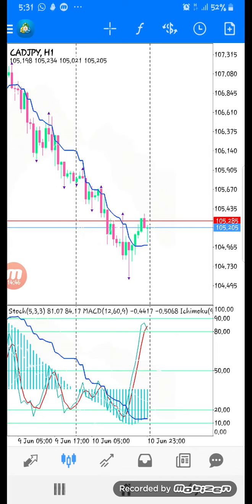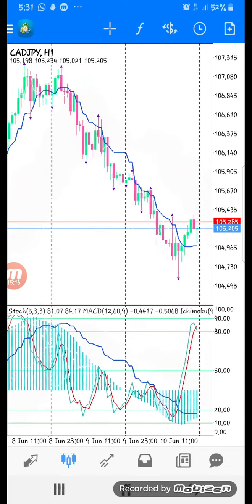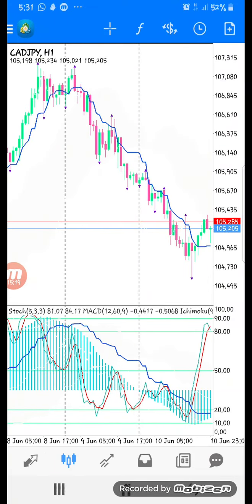Understand? When you've observed those breakouts, the signal candle, and then the curving of the Ichimoku in the 30 minutes time frame, before you finally enter the trade in the 30 minutes time frame, open your 1 hour time frame and confirm that the Ichimoku in the 1 hour time frame is either at overbought level or at oversold level. Ichimoku should be either at overbought or at oversold, just like this. Ichimoku should be in overbought here, like this. You see, it went down,